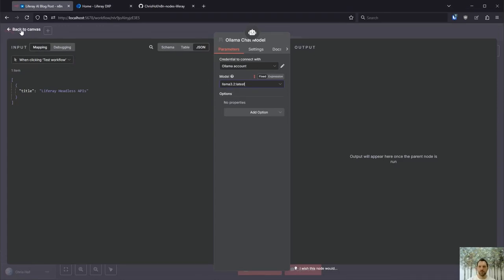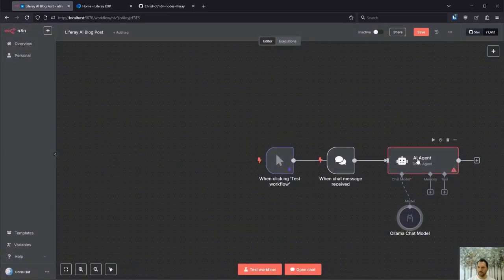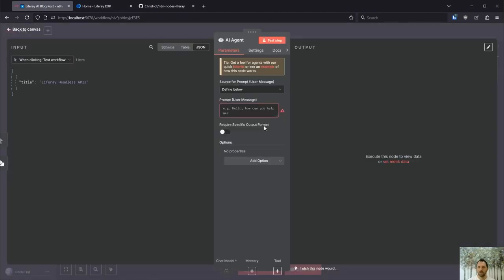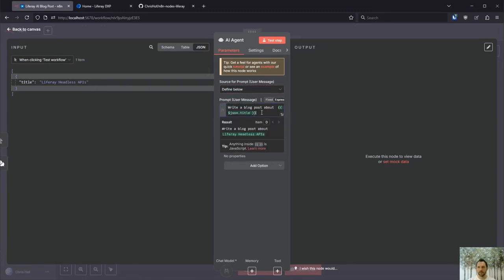So we go back to Canvas, and now go back to the AI agent, double click it. And now we have to give it a prompt. So tell it what to do. So what we want from it is write a blog post about, and this is one of the nice features here. You get all the input data from the step before, and with drag and drop, you can just use these variables. And as you can see, and it says down here, anything inside these double curly